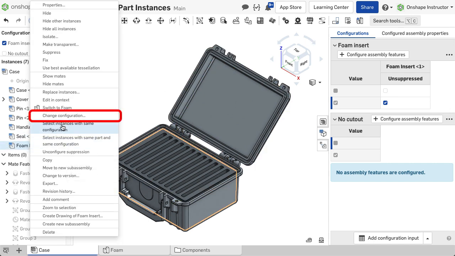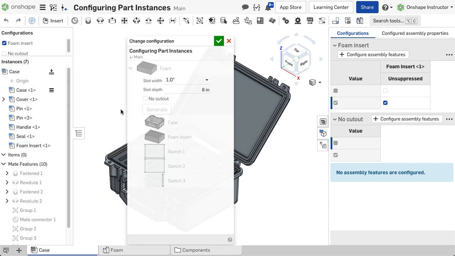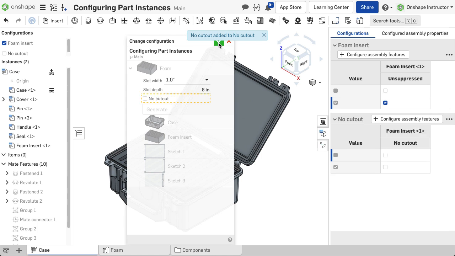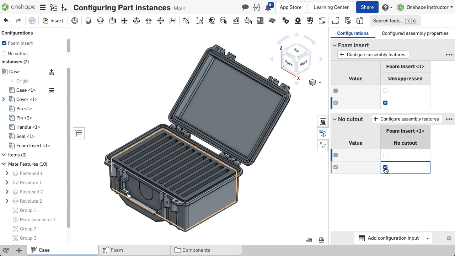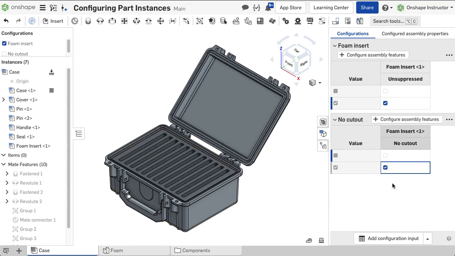Right-clicking on the foam insert displays a menu and Change Configuration is selected. Right-click on No Cutout and select Configure with No Cutout. Once added, the foam insert is now displayed inside the No Cutout table. Check on the corresponding checkbox inside the No Cutout table to unsuppress the foam insert cutouts when checked on inside